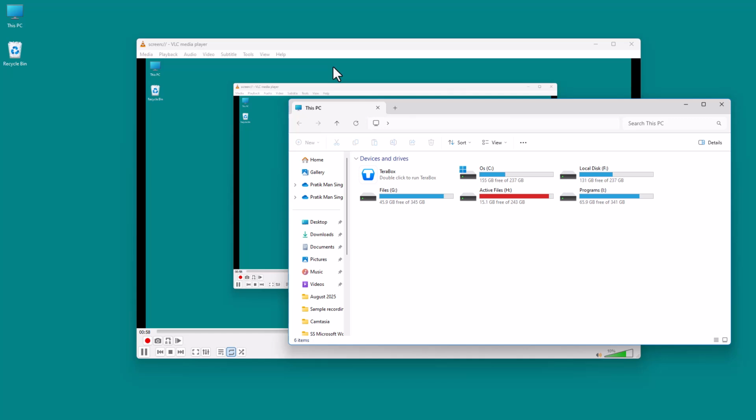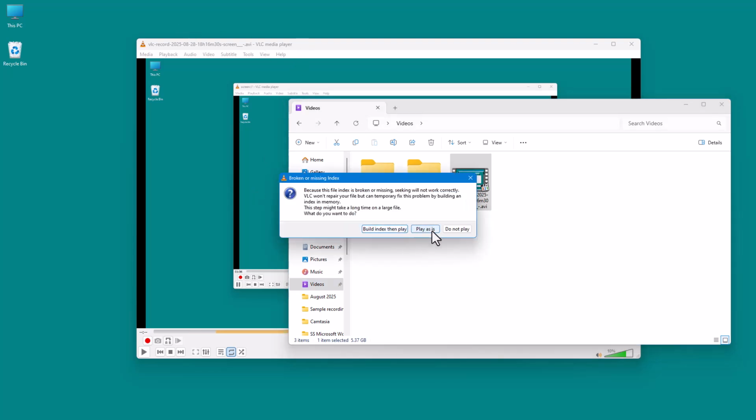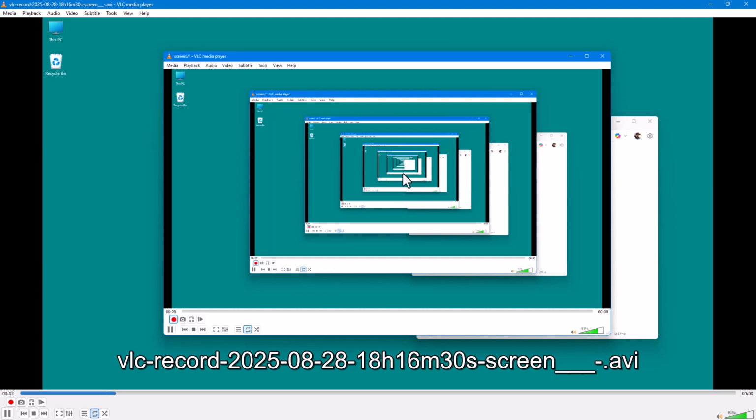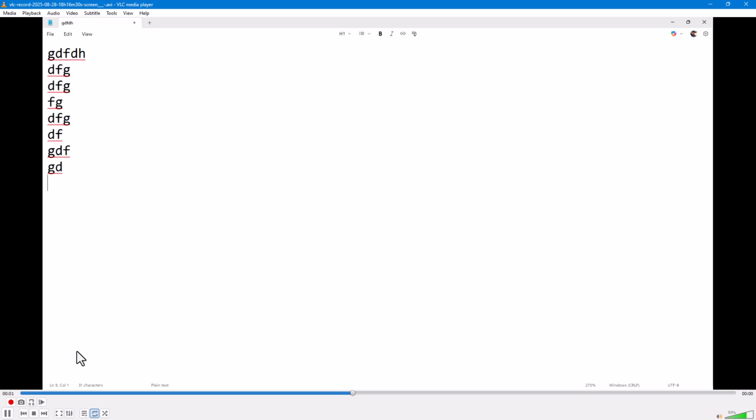Now in order to access this video clip that has been recorded, you can go over here onto your computer, and then go to the Videos folder. Then you can see this particular video right here. Let me just load it up, just like this. Play as is, and then you have the recorded video, as you can see. So whatever I did, this is a video clip that has been recorded, just like this. And this is how you can utilize the screen recording feature inside of VLC